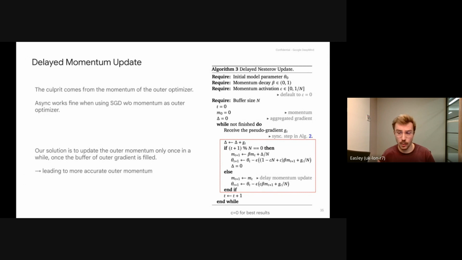And then, once in a while, for example, every 10, we use all the outer gradients that we kept in memory in a buffer to compute a more precise estimate of the new momentum of our outer Nesterov, and we update it and we apply it. Meaning that simply, we can use our Nesterov optimizer at every outer step, but we don't update the parameter of our Nesterov always. And that's actually the simple solution, combined with a few other tricks, but that's the main part, allowing us to get good performance.